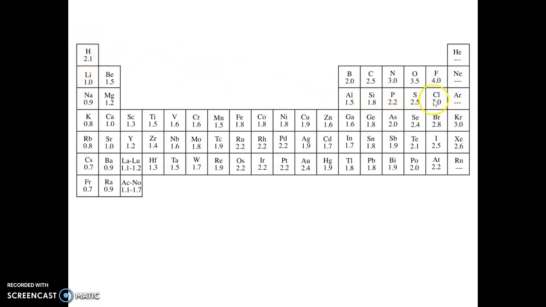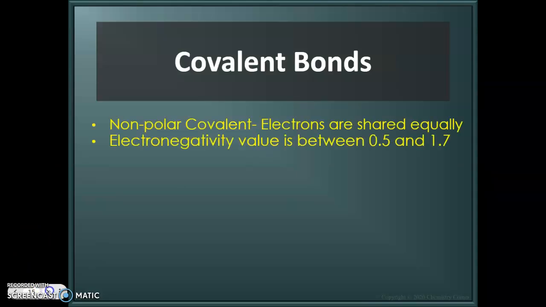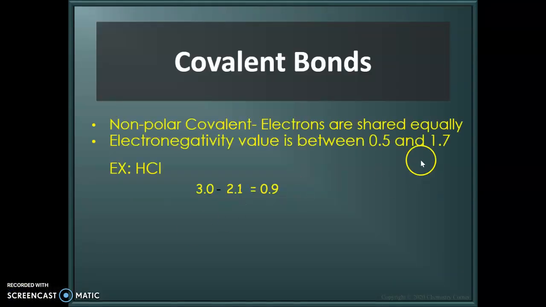So let's go ahead and do that math. 3 for chlorine minus 2.1 for hydrogen is going to give us 0.9, and 0.9 falls between 0.5 and 1.7, so we know that it's